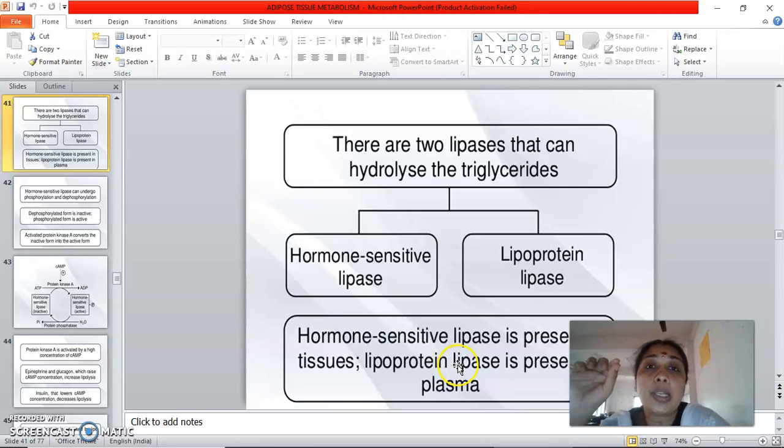And each lipoprotein has a separate or unique function to carry out. The function of chylomicrons is to transport the dietary lipids or dietary TG from the intestine to the liver. It is the chylomicrons that transport the lipids from the intestine to the liver, while VLDL transports the endogenous lipids from the other tissues to the